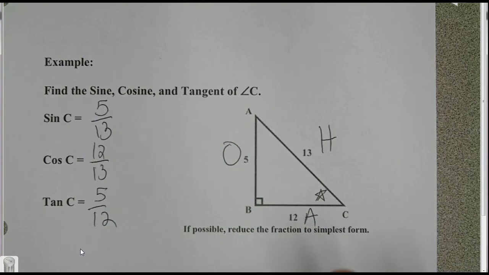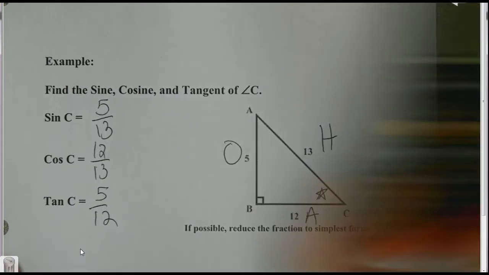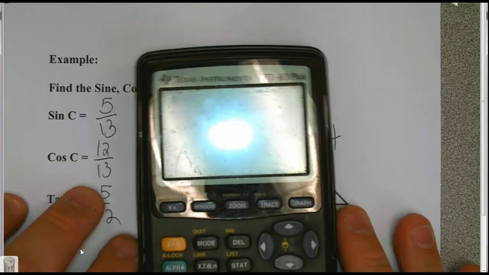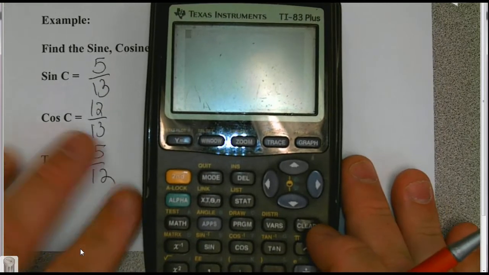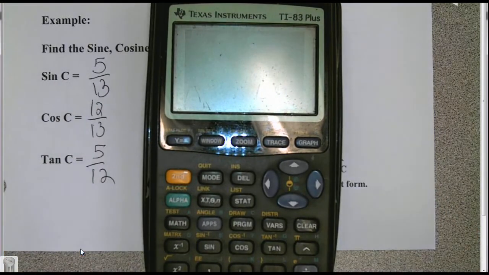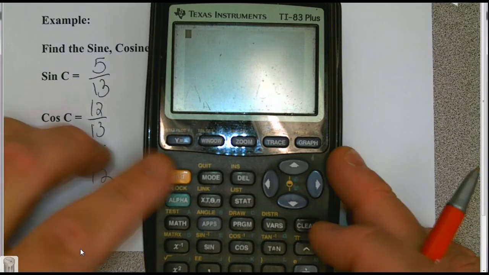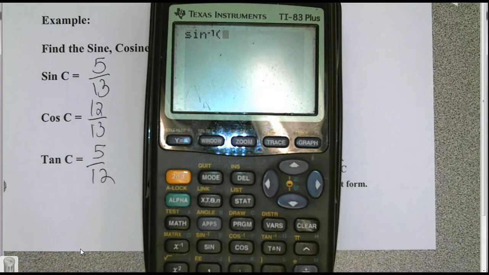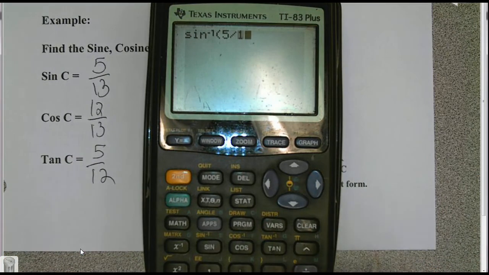Now that's all fine and dandy. However, we can now use this information to find out what the measure of angle C is. So in your calculator you have the sine, cosine, and tangent button. And right now we don't know what the angle is. So we really can't hit the sine of whatever our angle is. It's not going to be helpful to us because we don't know what it is. Well, in our calculator, when we don't know the angle, we use the inverse. So if I hit the second sine of 5 over 13 and hit enter,